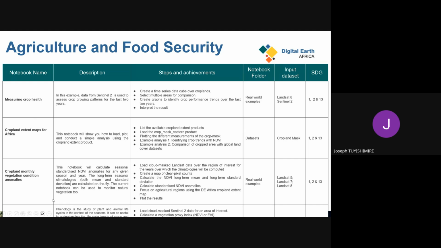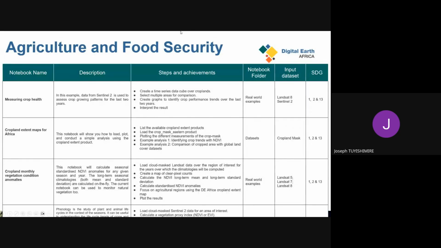Today we'll be focusing on these tools: the crop health, the crop extent map, as shown in the Africa map, the crop plant monthly vegetation and condition using NDVI, and lastly, the crop phenology using NDVI, EVI, and also the radar vegetation index, which we call RVI.